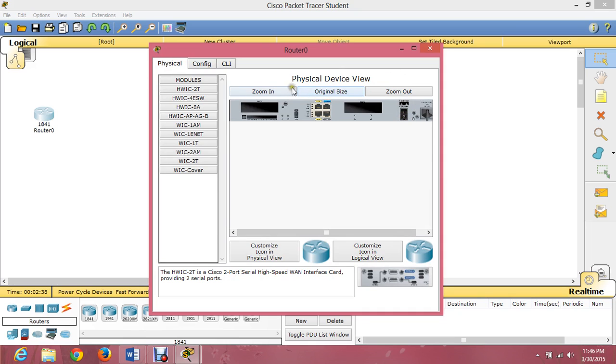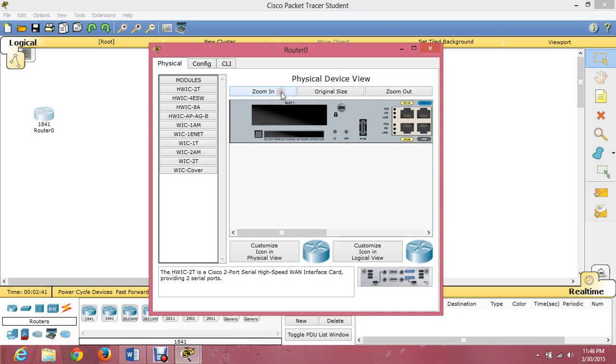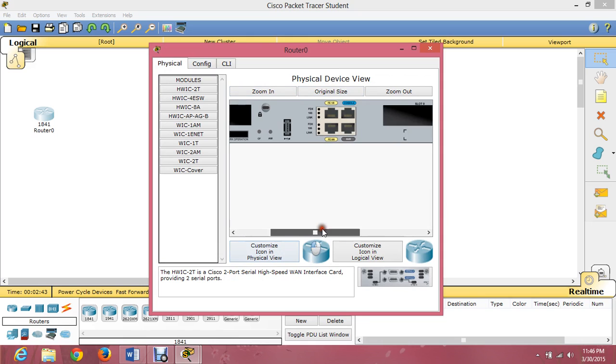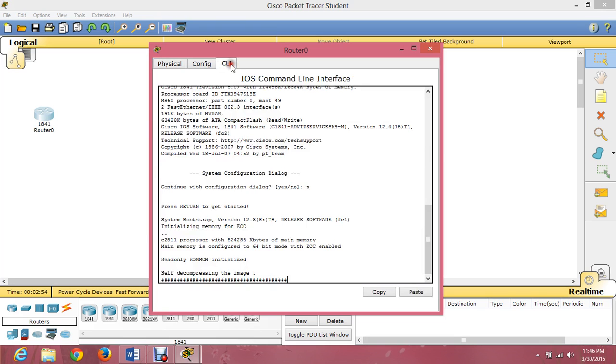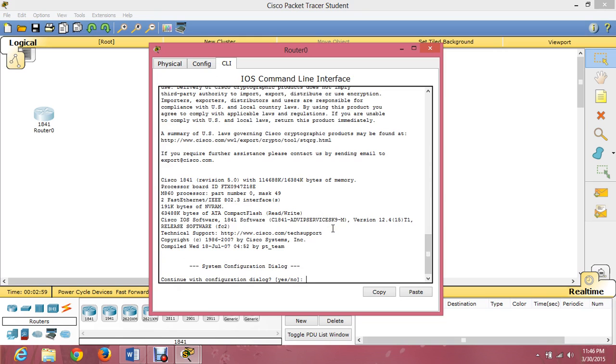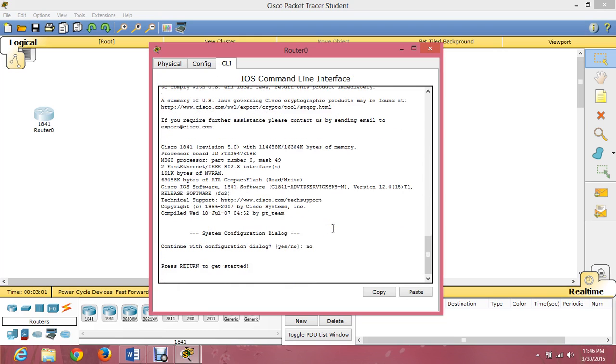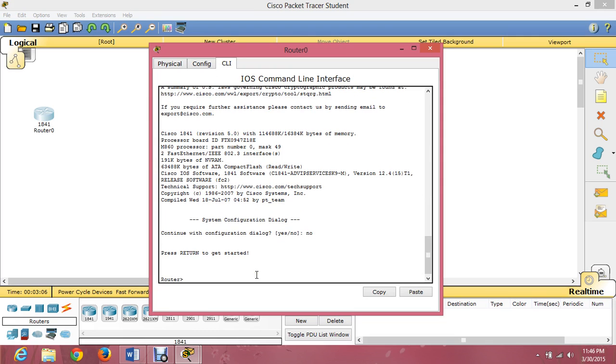In this picture, just turn on the power. If it is already on, let's click CLI configuration and type no. Enter. Enter once more. We are in the user execute mode.